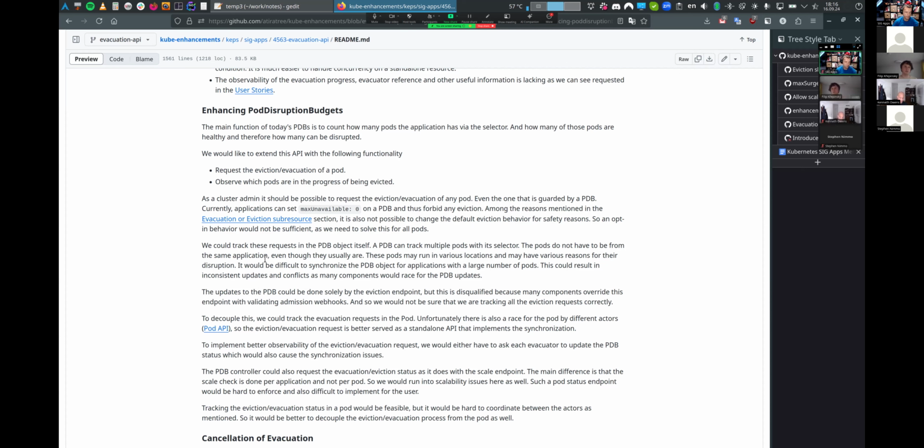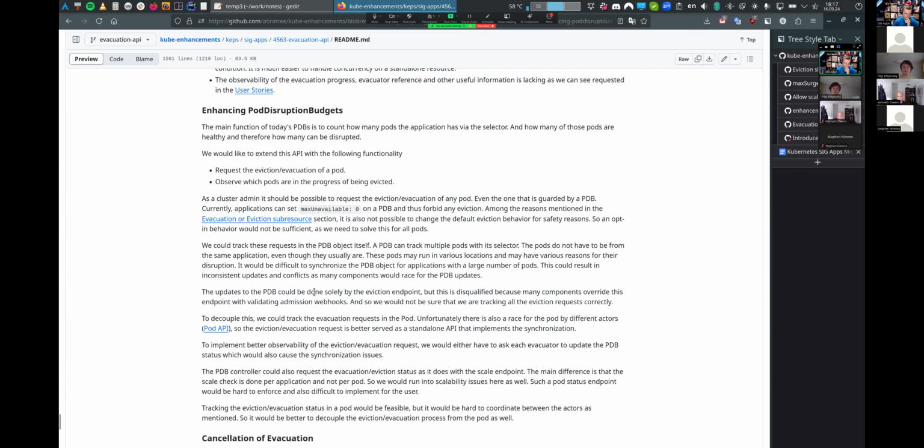For example, one use case we are trying to solve is an application with only one replica. A PDB in its current state does not support one replica applications, so you cannot downscale and still be available. We would like to have an upscale solution, so we can surge one replica before we shut down the other.